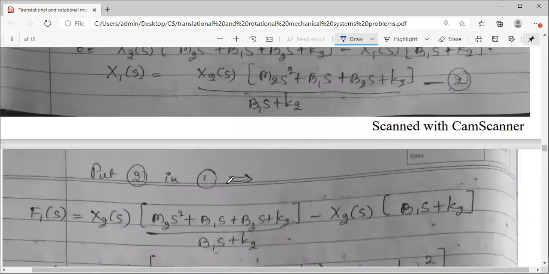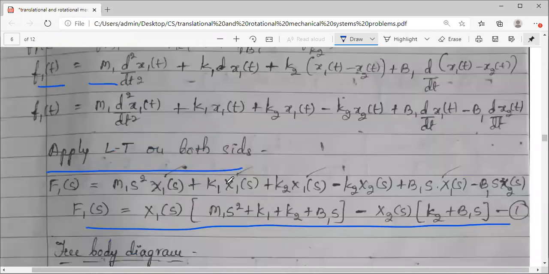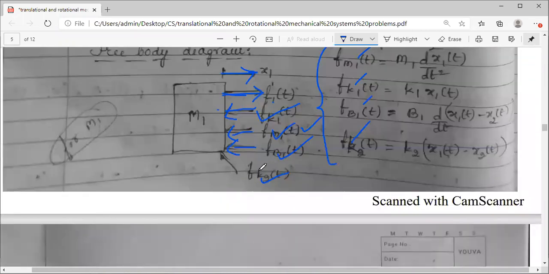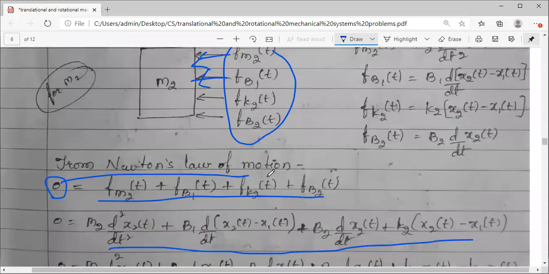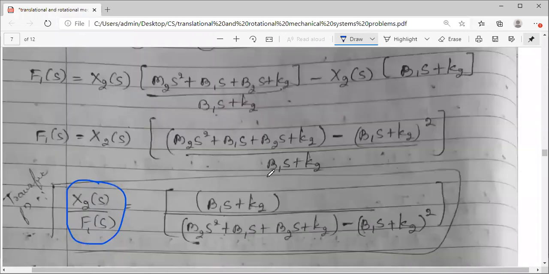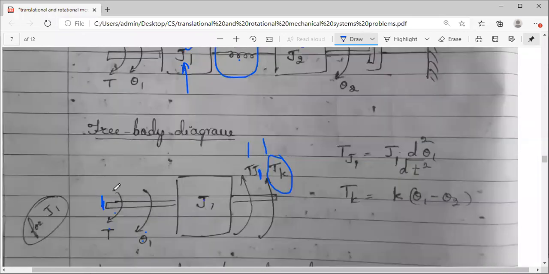In case of translational mechanical systems, whenever we go for the force directions, you can observe applied force direction जिस direction में है, okay, opposing forces उसका opposite आपको draw करना पड़ेगा. The direction should be opposite to that of the applied force. Similar to that, even in case of rotational systems, you have to take care that अगर आपका torque इस direction में है, तो opposing torque opposite direction में दिखाना पड़ेगा आपको. So how many opposing torques are there? 2 opposing torques and 1 applied torque.